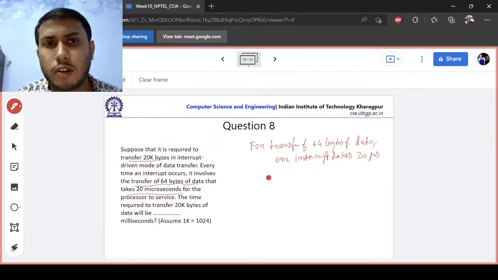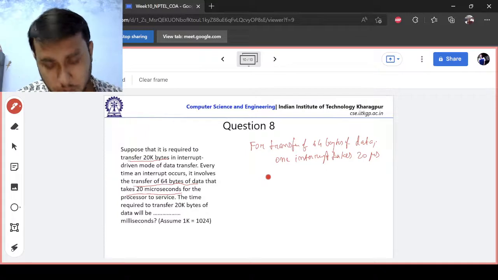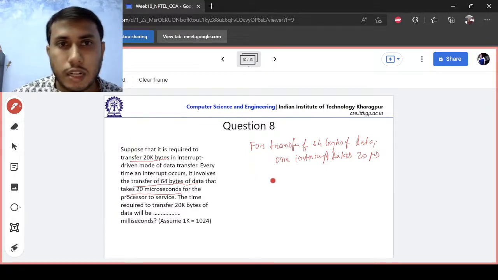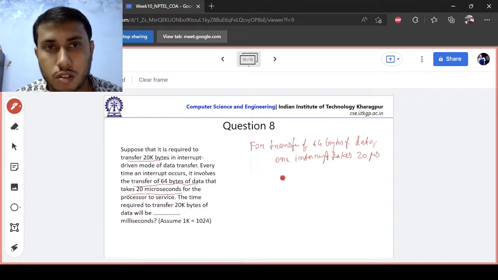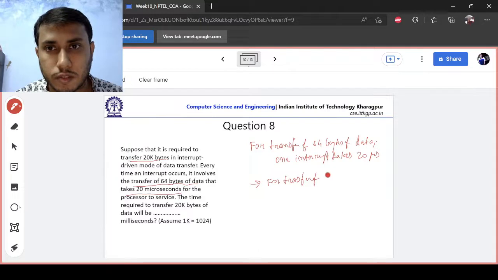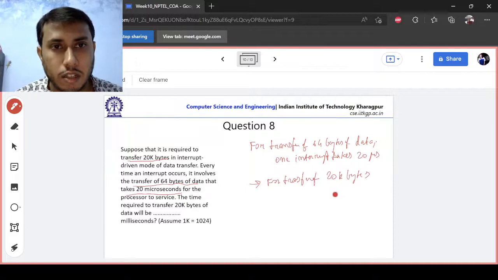So now total data you need to transfer is 20k bytes, right? So for transfer of 20k bytes, it will take 20